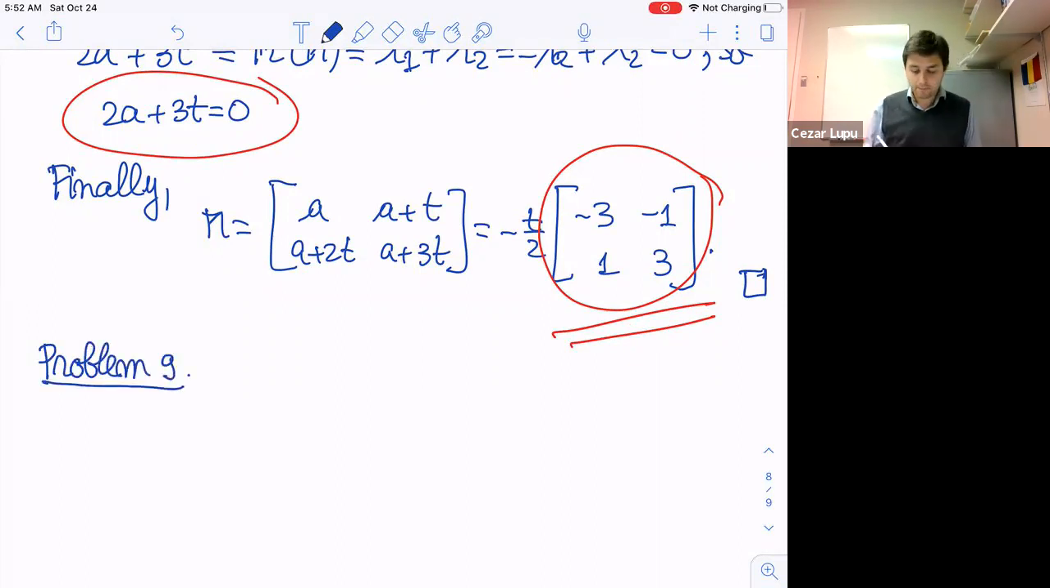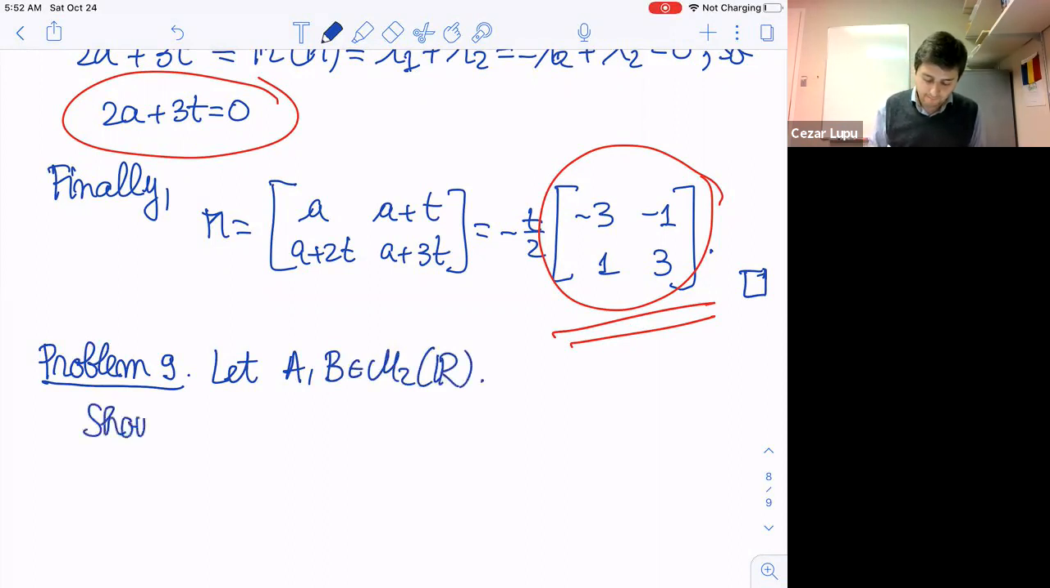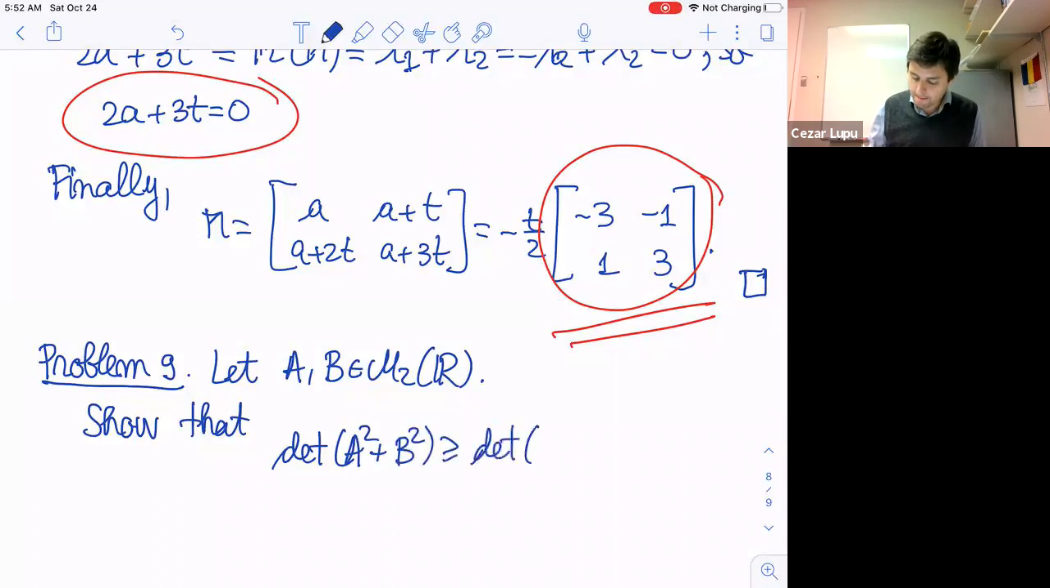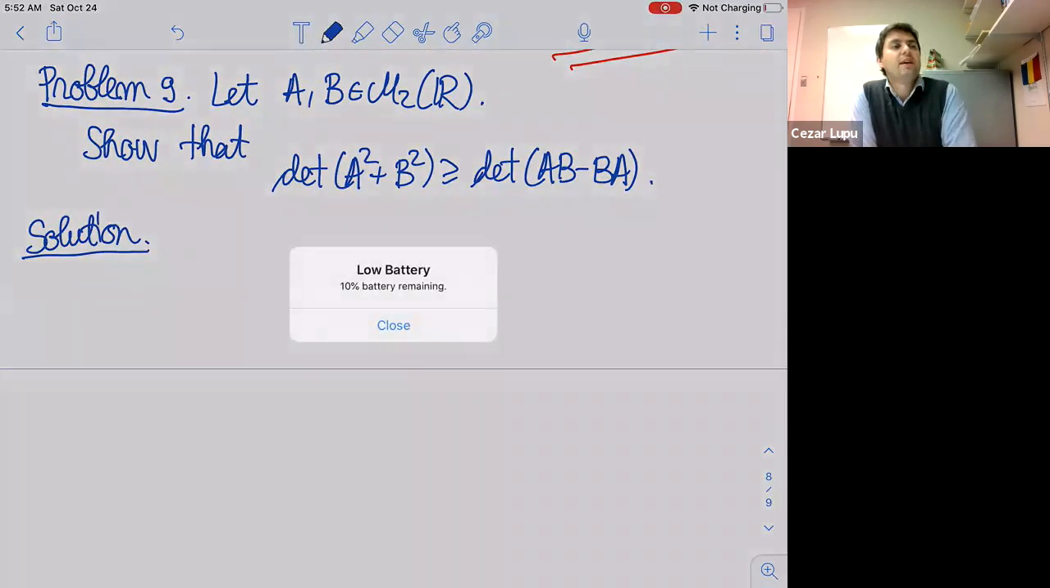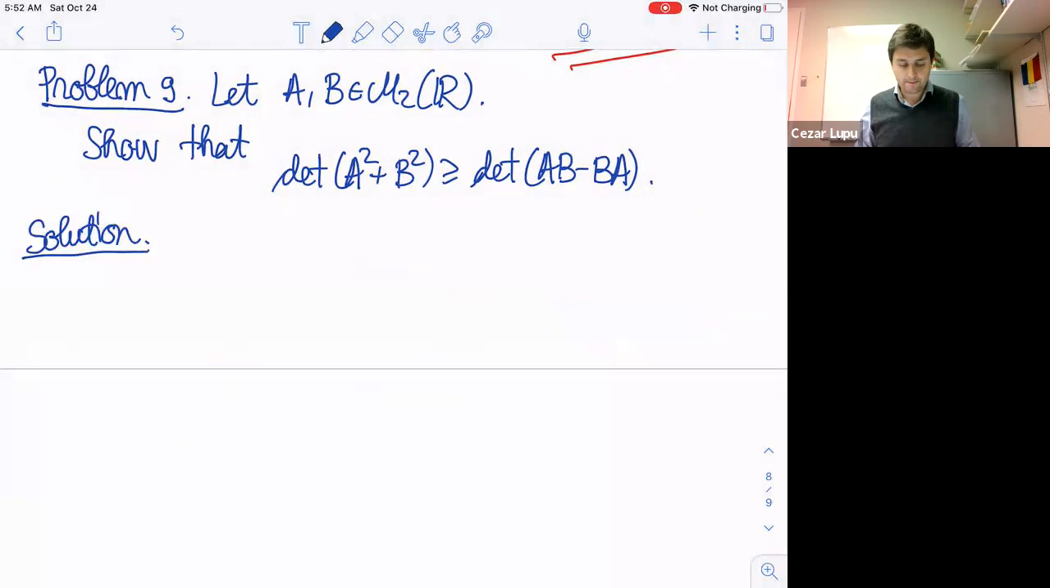which says the following. I have two matrices A, B in M2 of R. Show that the determinant of A squared plus B squared is greater or equal than the determinant of AB minus BA. Right. This is a pretty classical problem, but it's tricky. Okay, I want to show an application of that identity that I gave you. So remember that